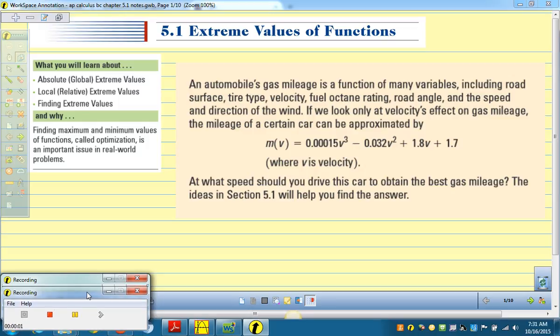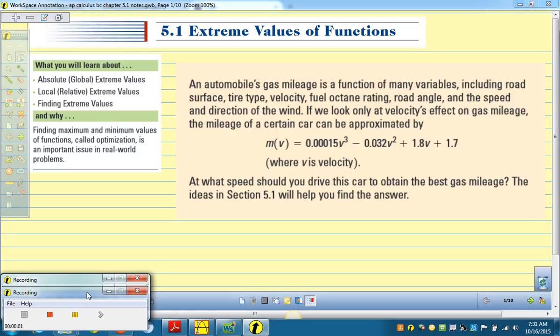Section 5.1, extreme values of functions. So what we are going to be doing today is starting to dig into the analysis that leads us to finding maximums and minimums for functions. And if we look at this first problem, which we're not going to solve, but we will by the end